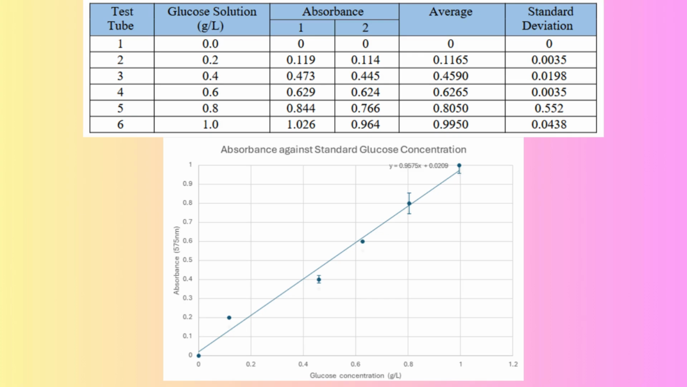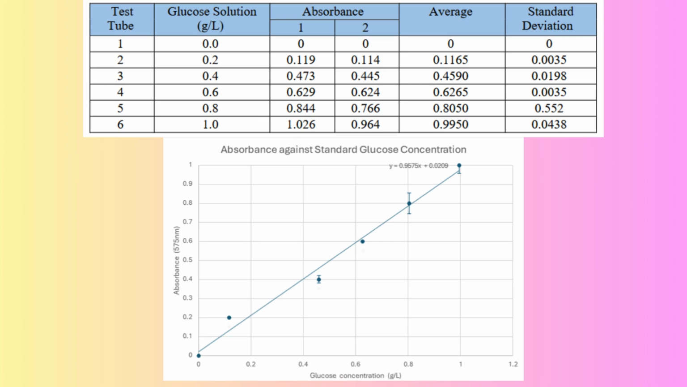A direct and proportional relationship between glucose concentration and absorbance at 575 nanometers was observed from the DNS assay data. Absorbance measurements were taken in duplicate for each of the 6 test tubes containing glucose concentrations ranging from 0.0 gram per liter to 1.0 gram per liter. It is evident from the results that absorbance increased with rising glucose concentration. For instance, the average absorbance at 0.2 gram per liter glucose was 0.1165 and at 1.0 gram per liter glucose, it reached